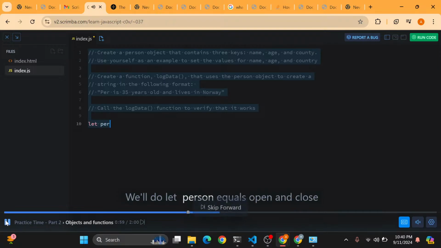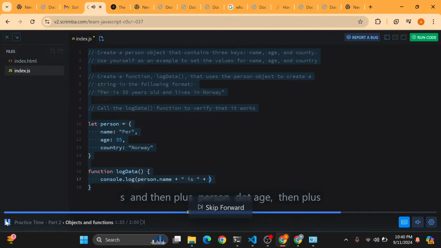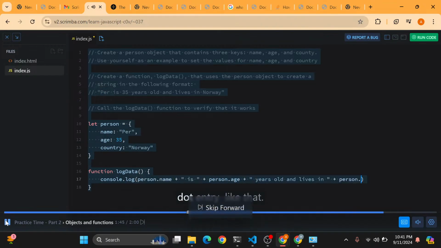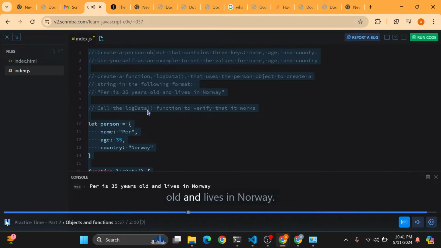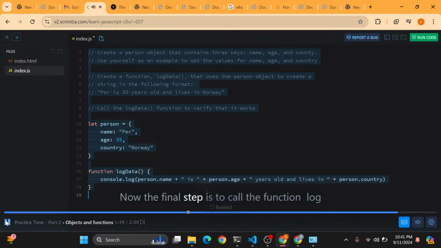as well. Person equals open and closed curly bracket Norway. First value person dot Per is 35 years old and lives in Norway. Now the final step is to call the